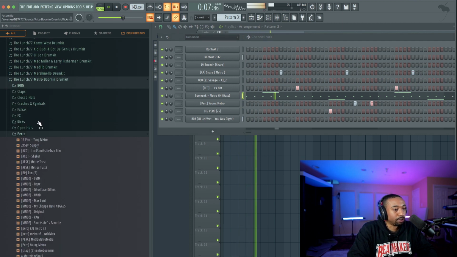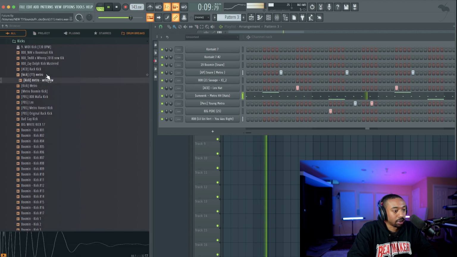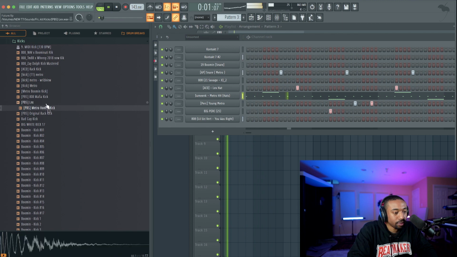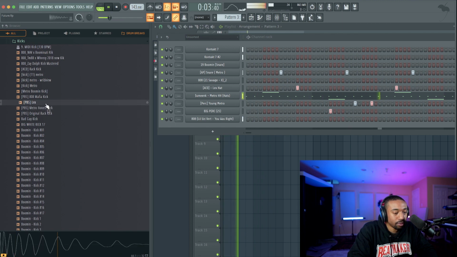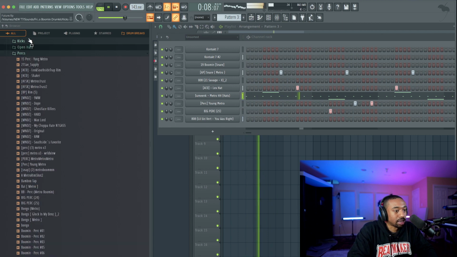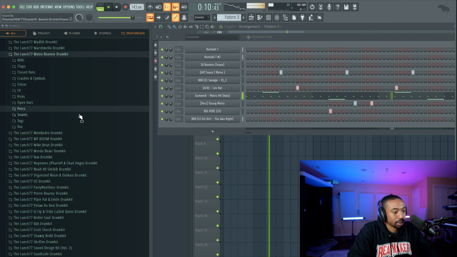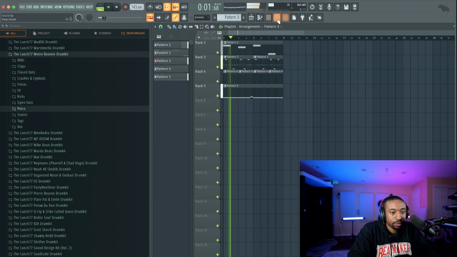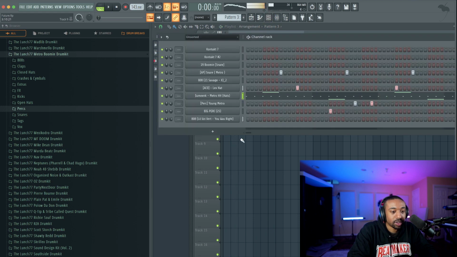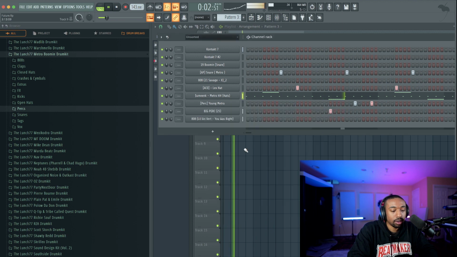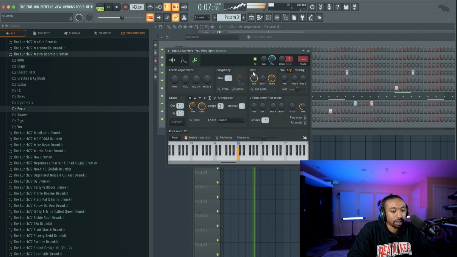Now, if you want, you can back up your 808 with a kick. I don't think you need one. But if you want more punch, you could add a kick. I don't think we need that type of vibe. Future's more of an 808 type of guy. Something feels very stagnant. I think the hi-hats feel too robotic, so I'm gonna delay them a little bit more, and also delay the 808 a little bit.